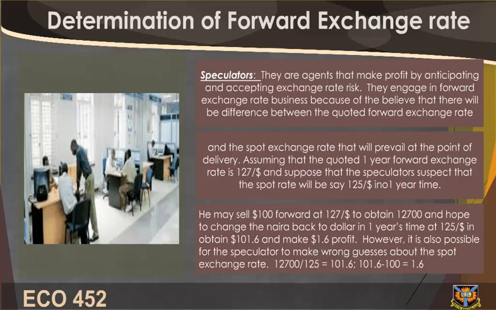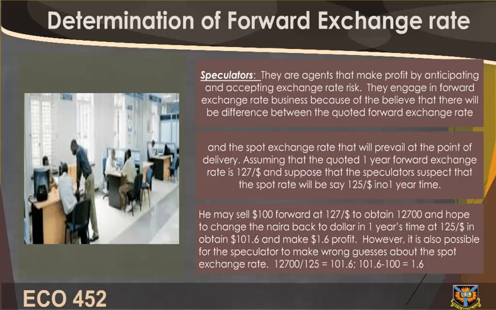Assuming that the quoted 1-year forward exchange rate is 127 per dollar, and suppose that the speculators suspect that the spot rate will be, say, 125 per dollar in 1 year time, he may sell $100 forward at 127 per dollar to obtain 12,700 and hope to change the Naira back to dollar in 1 year's time at 125 per dollar to obtain $101.6 and make